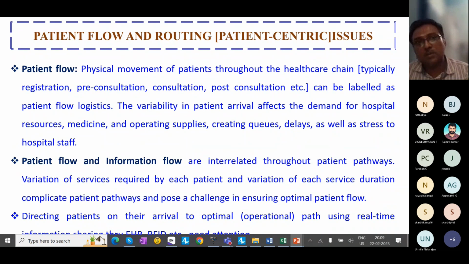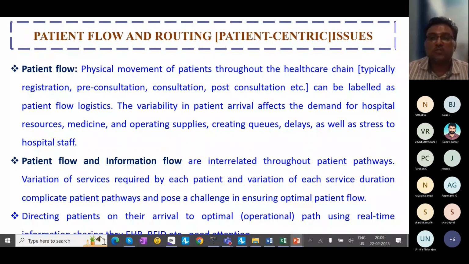And the second thing within the patient-centric logistics or patient-centric supply chain is patient flow. Typically, when you go into a hospital, we need to visit so many desks. It may be registration, and you may have pre-consultation, consultation, post-consultation, and diagnosis. Pre-consultation may be diagnostics. And you should have an optimum balance between patient flow, resource availability, everything. Otherwise, what will happen? It will result in waiting. Why does it cause waiting? Variability. The variability is associated with patient arrival, and variability associated with the service time for each patient.